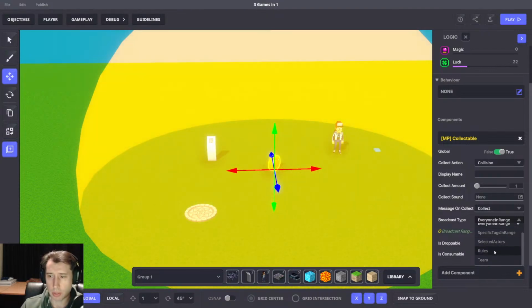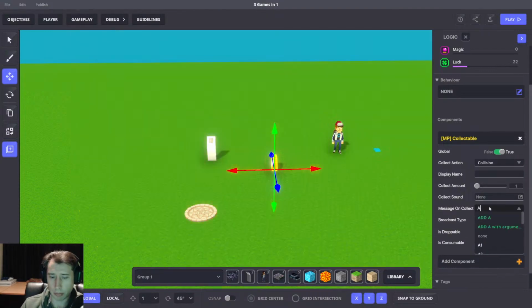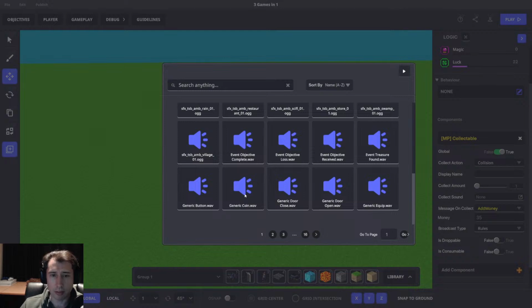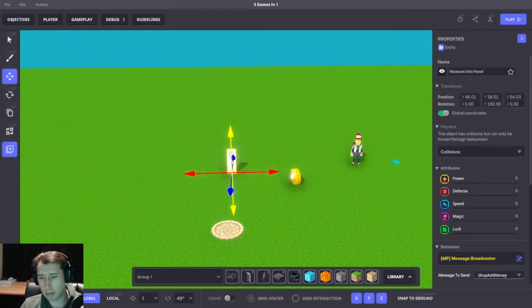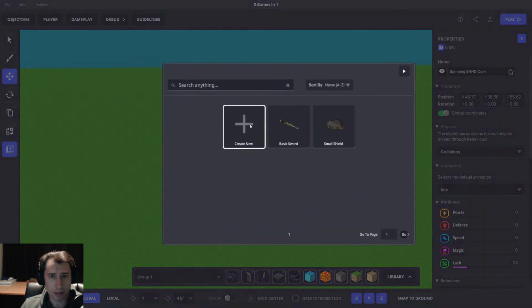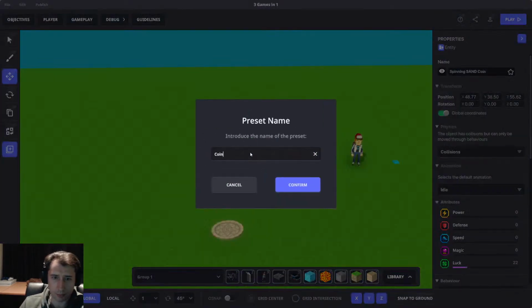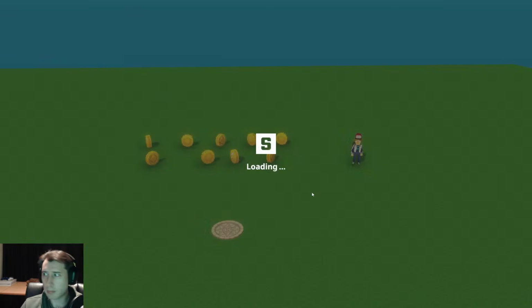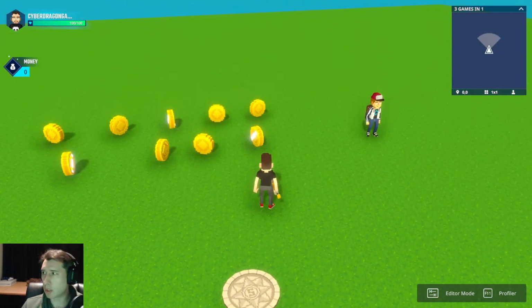We want to send this message to the rules, and the message we want to send is add money. And now you can see we have that message argument field, and we can have any value we want. And we can add a sound when it's collected, and that's that. So we can get rid of this panel, and now we can save. We can snap that to the ground, and we can save this as a preset. And we can duplicate with Control D. And now we have a whole bunch of coins